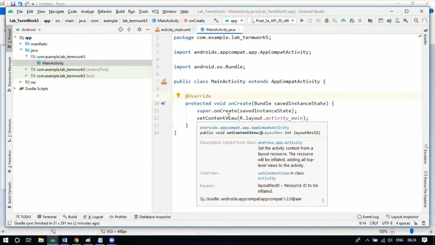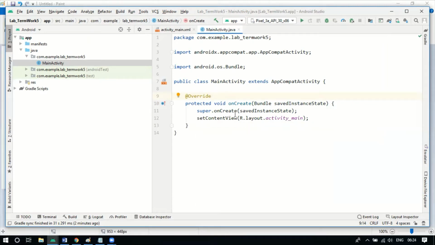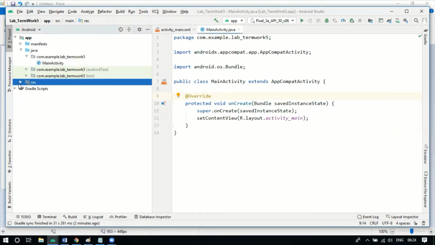That is indicated by setContentView. It will be present in resource, layout, and activity_main. So you are just giving the name of the XML file, which will always be activity underscore main dot XML, present here.